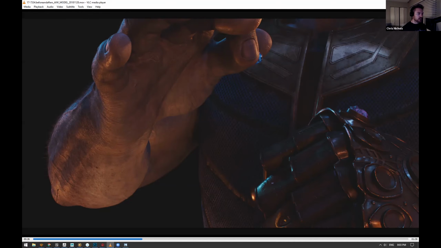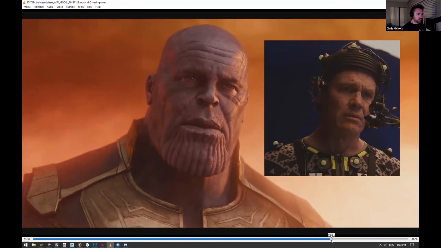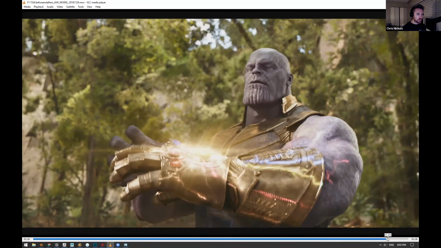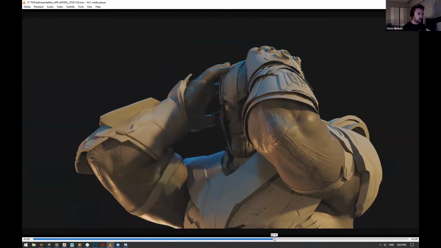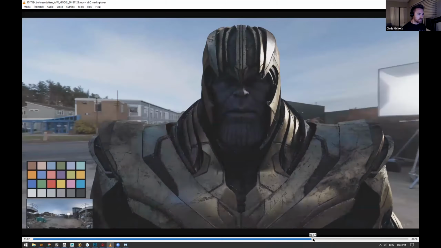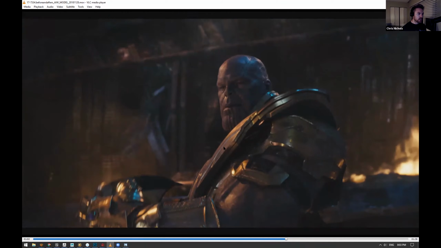And to be honest, Thanos has to look great in lots of different lighting conditions. It's not just one lighting. He's showing up outside in Vormir. He's showing up in the red light of one of the Infinity Stones. And so his skin has to look great in every lighting environment.